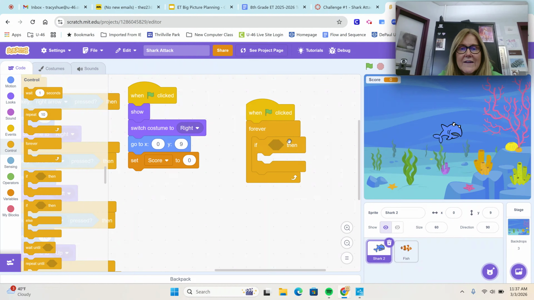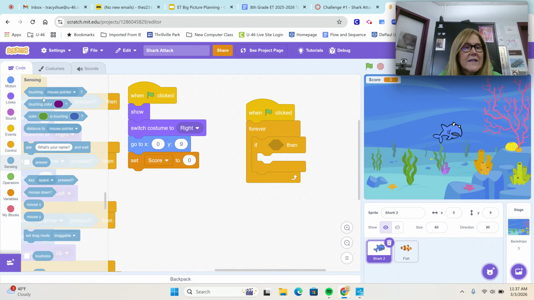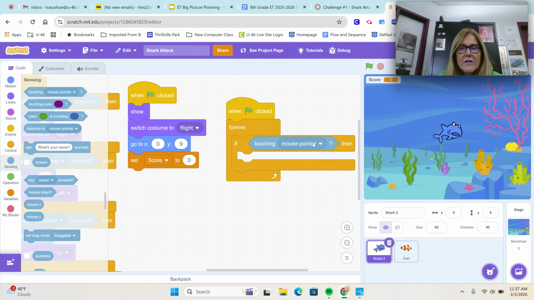Inside this little hexagon, not rectangle, we're going to put touching fish. Touching is a sensing. So go to the light blue sensing, and the very top block says touching mouse pointer. Float your mouse over the hexagon until it glows and drop it in. Then instead of mouse pointer, click the down pointing arrow and choose fish. So we're saying when the green flag is clicked or when the game begins, continuously or forever throughout the game,